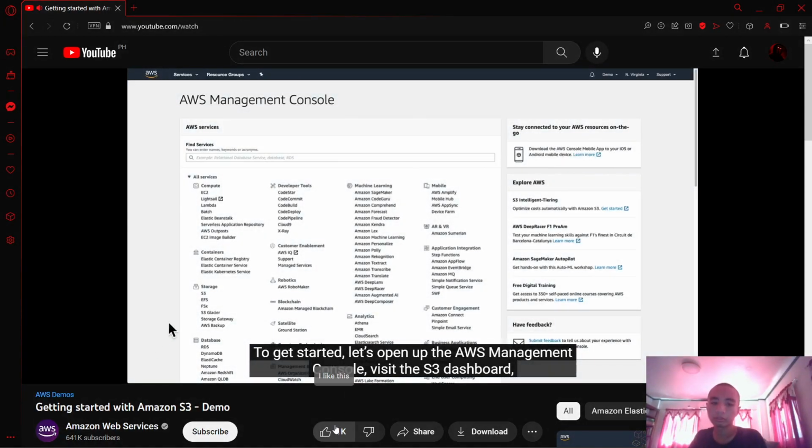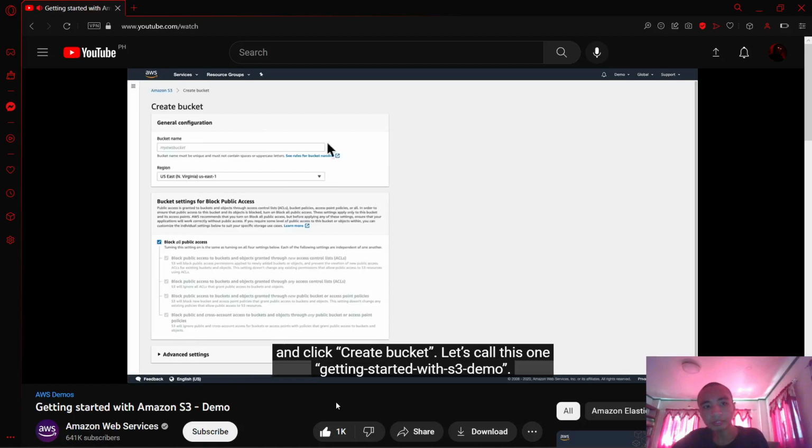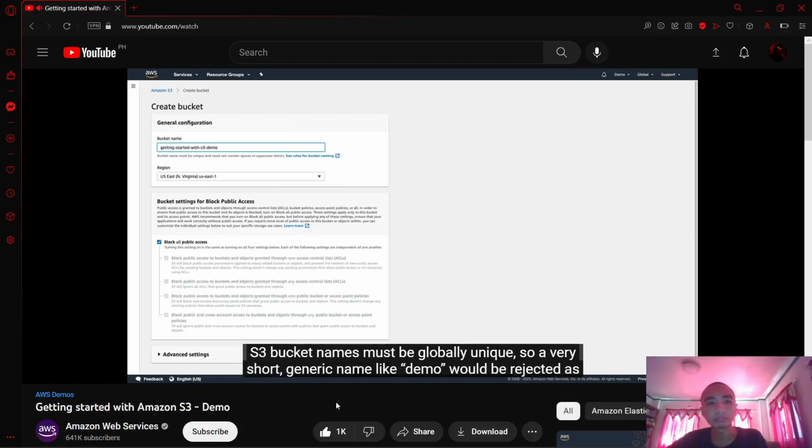Let's open up the AWS Management Console, visit the S3 dashboard, and click Create Bucket. Let's call this one Getting Started with S3 Demo. S3 bucket names must be globally unique, so a very short, generic name like demo would be rejected as already